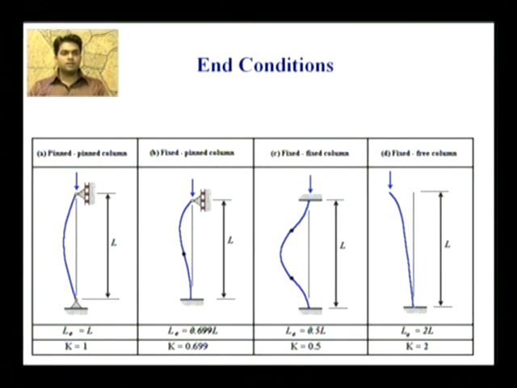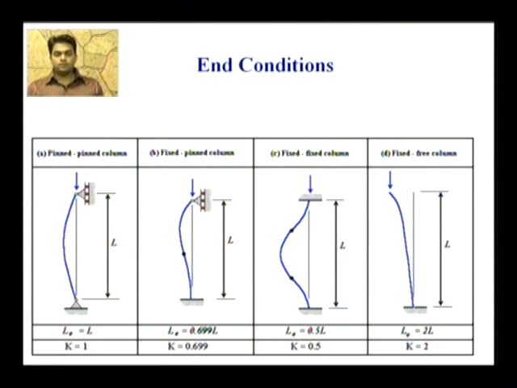Now this is the diagram. ये वही चीज़ शो कर रहा है जो हमने पिछले आर्टिकल में पढ़ी है. It is showing how the column end positions vary. पहले डायग्राम A में दिखाया हुआ है कि it is pinned and pinned column, दोनों end positions पे ये pinned है. Then effective length LE will be equal to L because K is equal to 1. दूसरे डायग्राम में एक end fixed है और दूसरा pinned है, and LE is equal to 0.7 L,